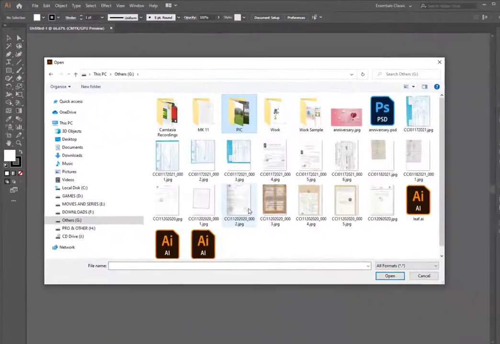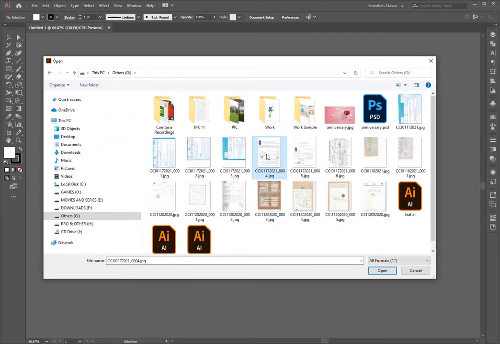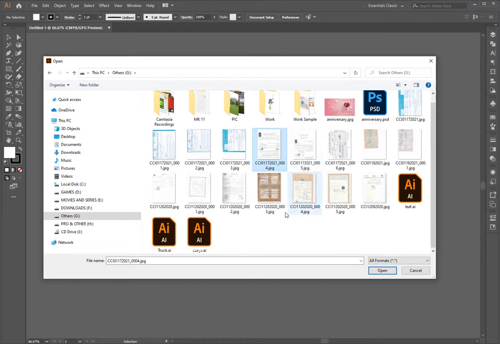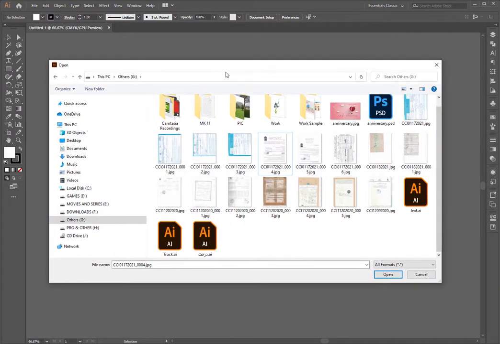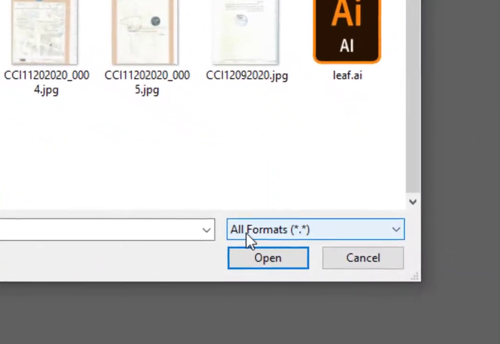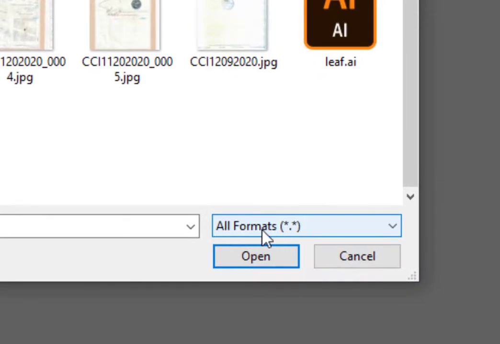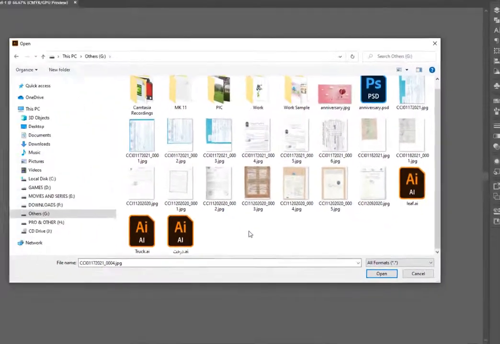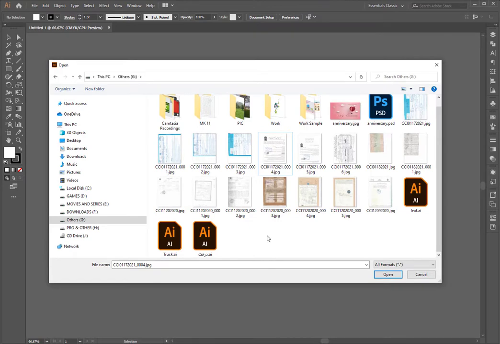and go to the folder that your file exists. Mine is here. A couple of notes. Right now we are using the all formats, as you can see over here. If you want to, for example, open an Adobe Illustrator file,